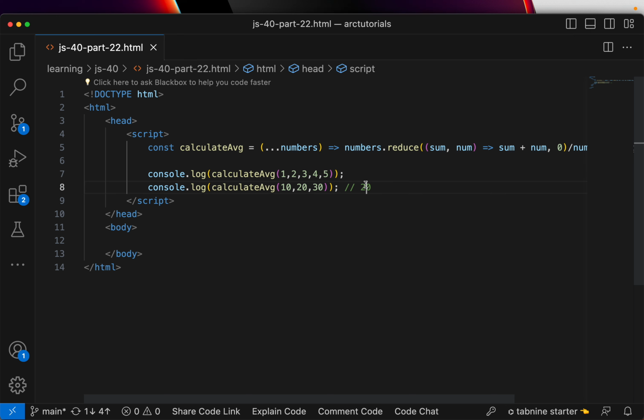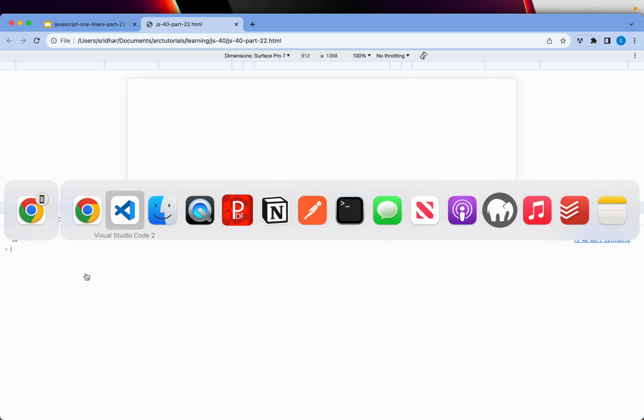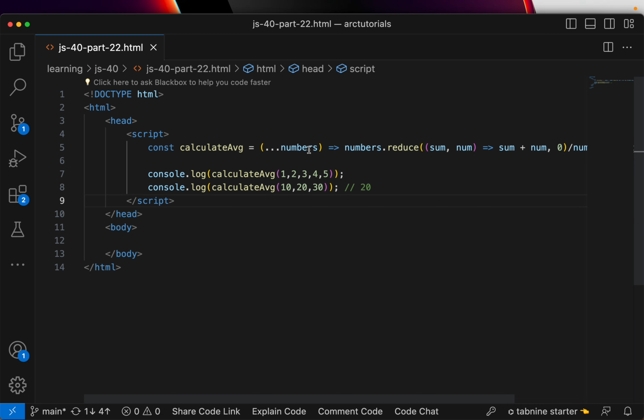That's the problem. Since we are using a rest operator, we don't need to pass an array, we can directly pass the numbers as parameters. So let's go ahead and see that now. So now you see 3 and 20. Okay, all right, so the trick here was